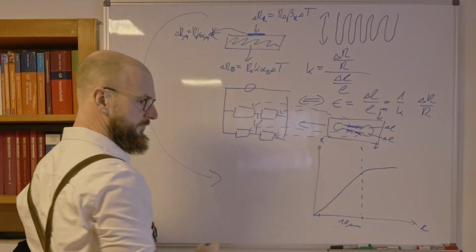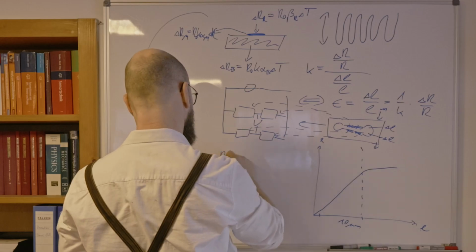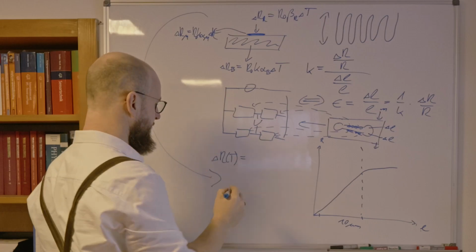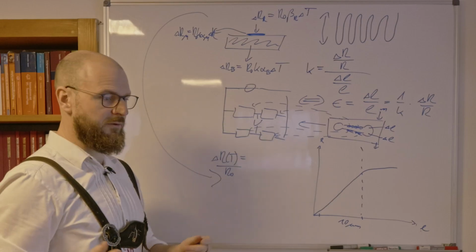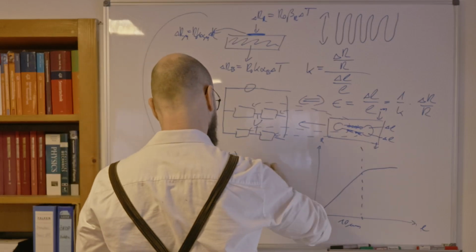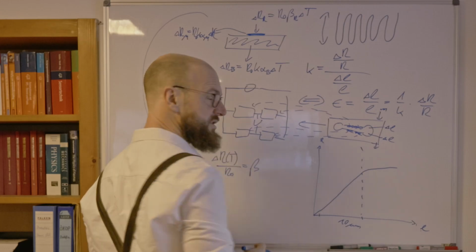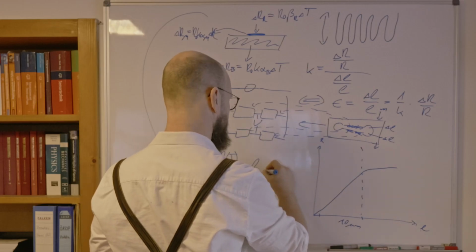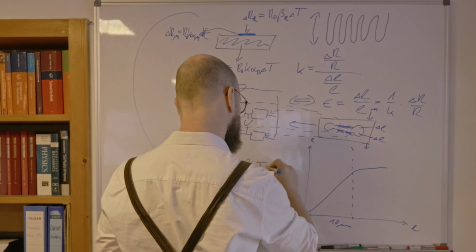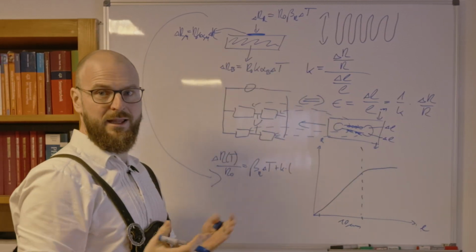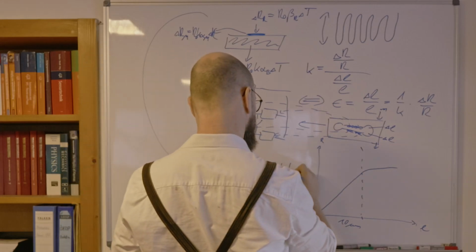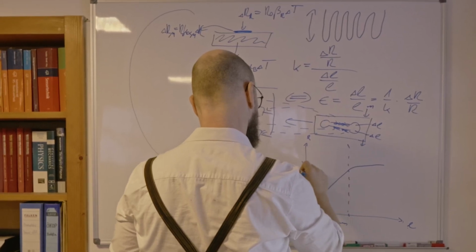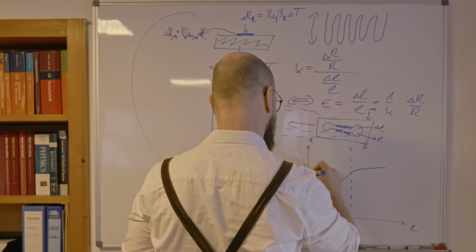Taken all together, we get an overall resistance change due to the temperature, which consists of three parts. Let's look at the relative change, which then is built up from three components, which are the change due to the electrical effects in the strain gauge itself, beta_R times delta T, plus K times, and now the mechanical elongation due to the temperature, which goes vice versa, meaning those constants, those elongations drive in different directions